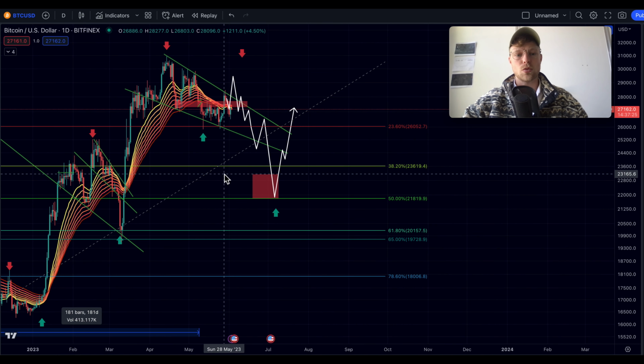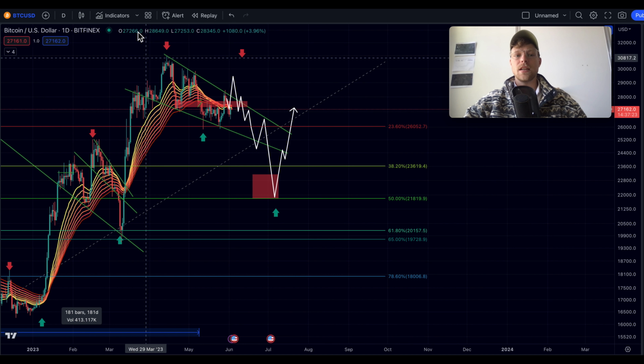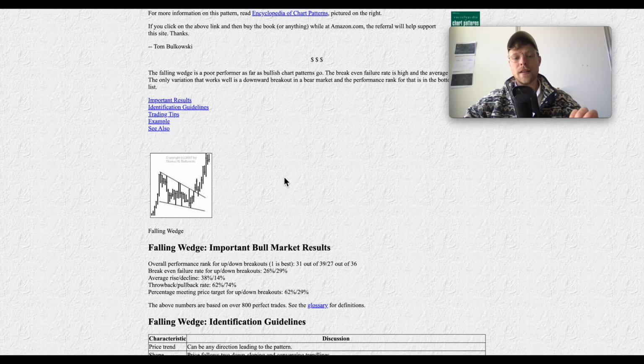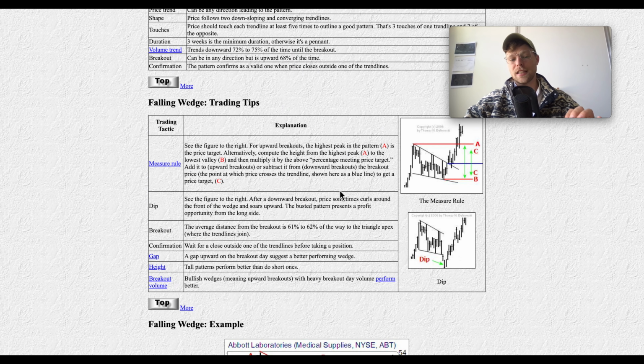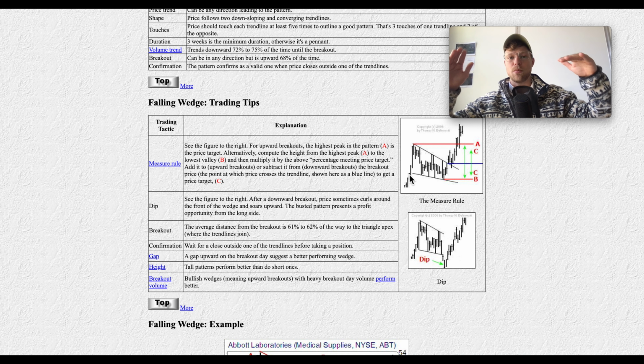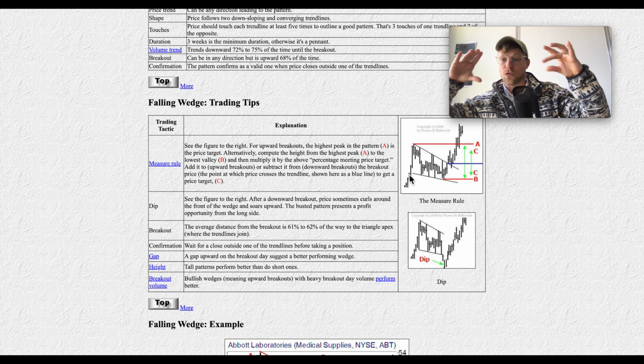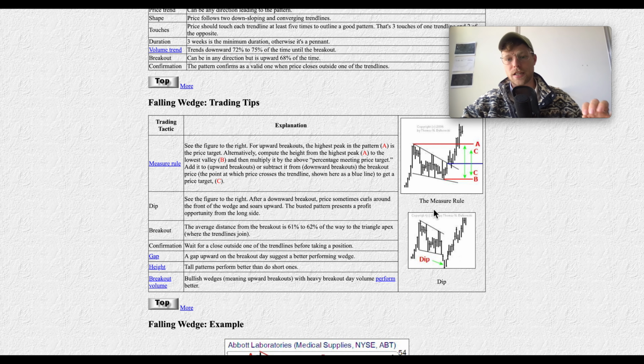But guys, let's jump straight into it. And what we are seeing, or what I think we potentially could see, is a falling wedge with a dip, described by Bulkowski. And if we scroll below right here, then you can see that this is the pattern that we are seeing. Normally a falling wedge is a pattern kind of like a bull flag. The price is consolidating in a declining manner, but also converging, so also tightening in that range. And then normally it's a bullish pattern. We enter that pattern from an uptrend, and the chances that we break out to the upside are higher than breaking out to the downside.